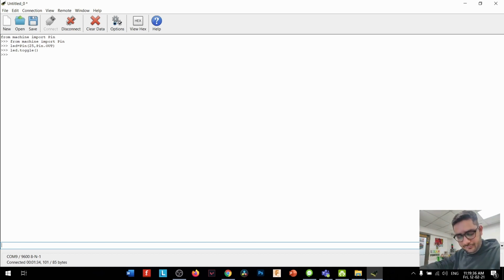Alright, so for that I need to create a timer, and from machine I'm going to import Timer. From machine import Timer, and I'm going to create a timer variable. So tim equals Timer, and I'm going to define a timer function now. So def, let's just call it tick(timer):